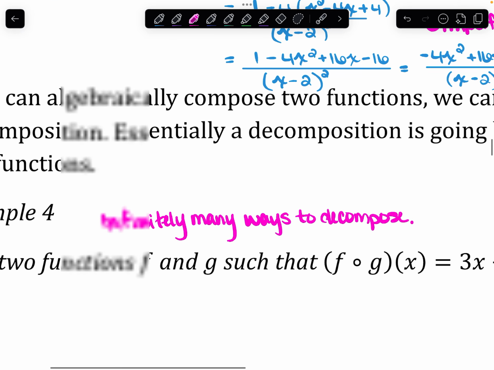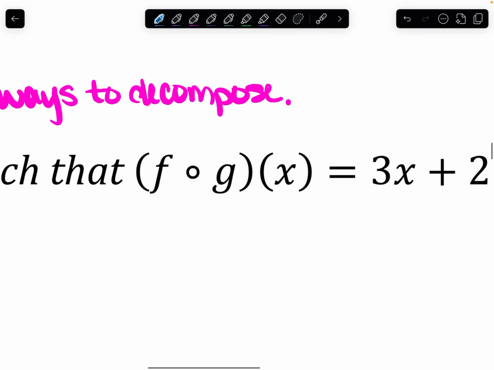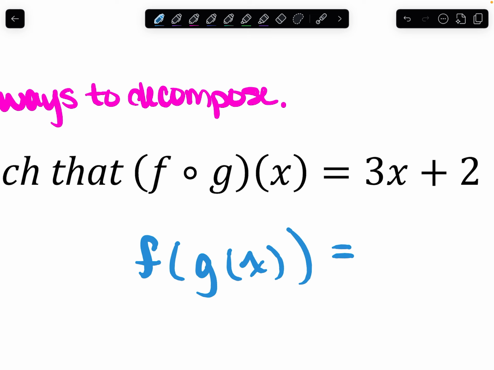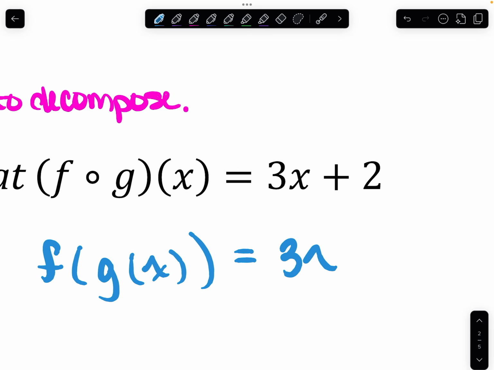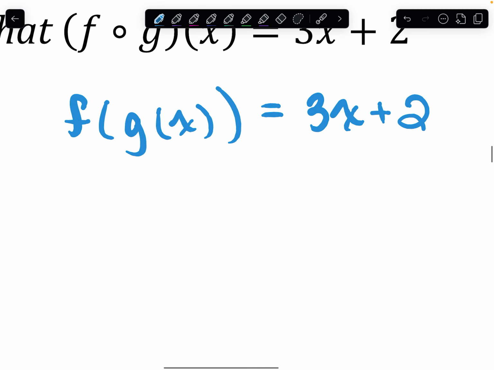So because there are infinitely many ways to decompose two functions, if you're given choices, check those choices to figure out which one is correct. Okay. So we don't have choices here, so we've got to go through the work. So first thing I'm going to do is rewrite with the substitution notation, just so I can see it a little bit better. All right, so we're going to go over the two easiest ways to decompose, and then we'll go over